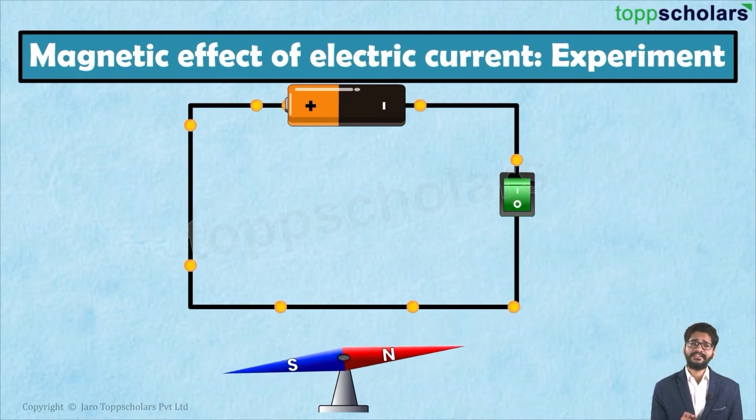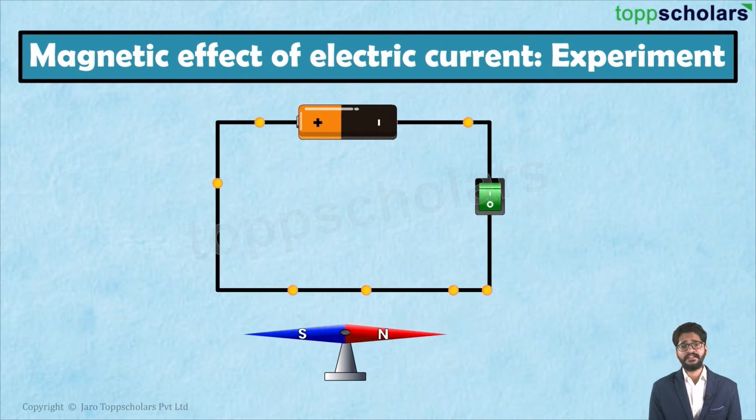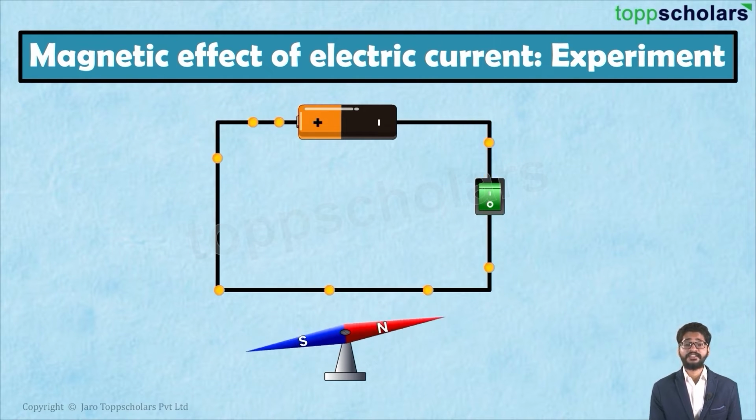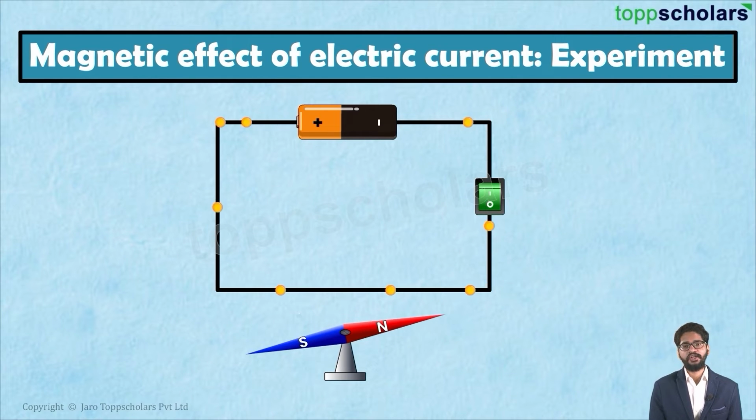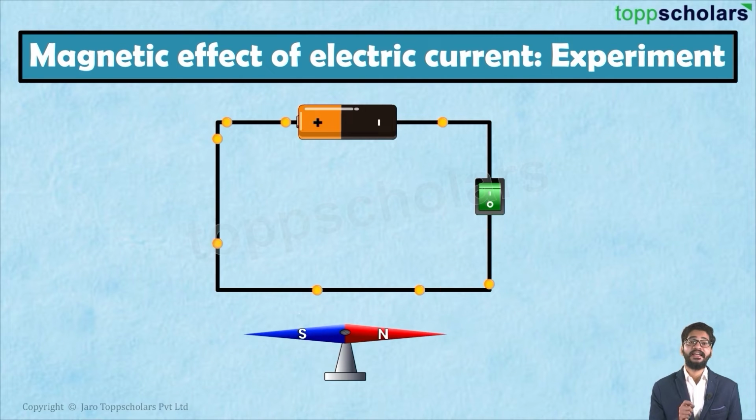Now, why do you think this happens? And how does the electric current affect the direction of the magnetic needle? Well, the same questions disturbed Oersted, and because of this, he thought that there must be some relation between electricity